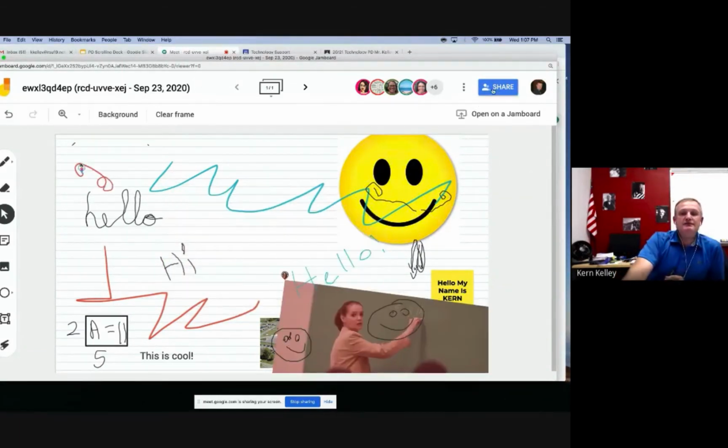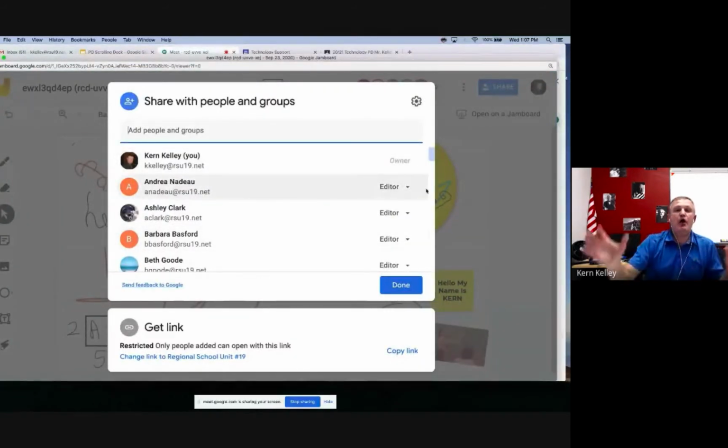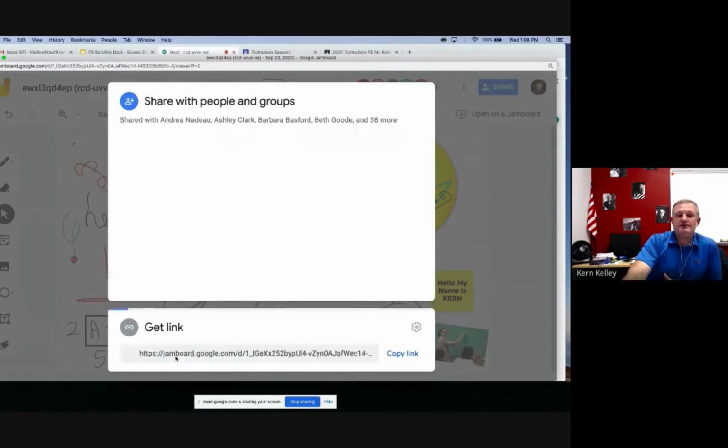So when I'm done here, if I want to take this whiteboard, or this Jamboard, I click share in the upper right. I could right now, as the owner who created this, turn this off for everybody. So now we all worked on it, and now it's frozen, like nobody else can edit it. I could also share this with other individuals. I could keep sharing this beyond, or down at the bottom here, I could click on this,